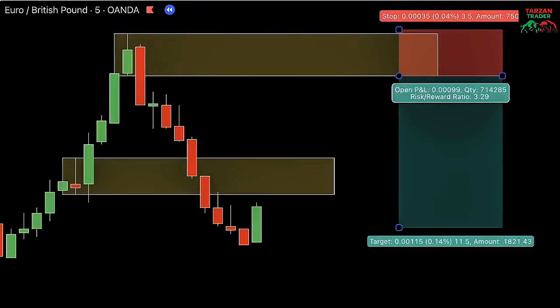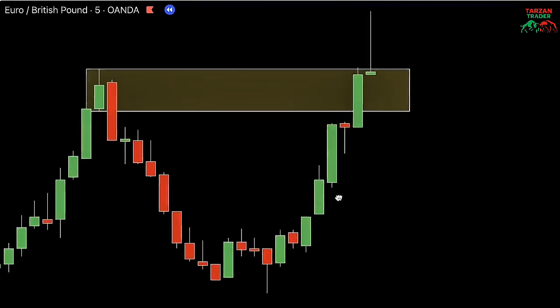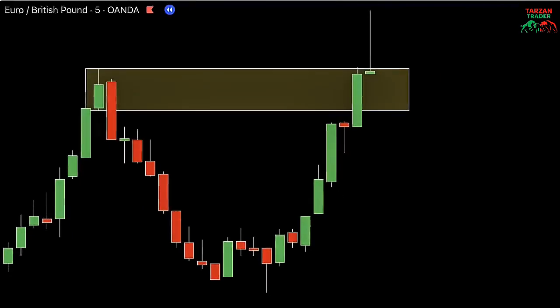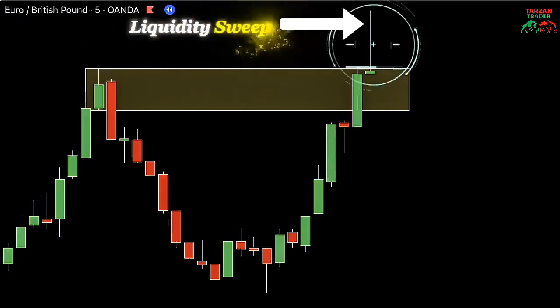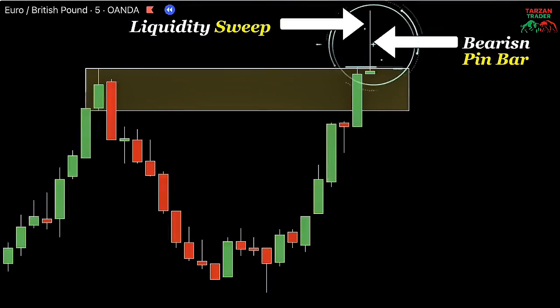As the price returns to the supply zone, we monitor closely for a liquidity sweep. Here's what occurs. Smart money briefly pushes the price above the supply zone, sweeping liquidity by triggering retail traders' stop losses. The price then closes back below the zone, forming a bearish pin bar. This pin bar acts as our confirmation signal, indicating that the supply zone is still valid, and a market reversal